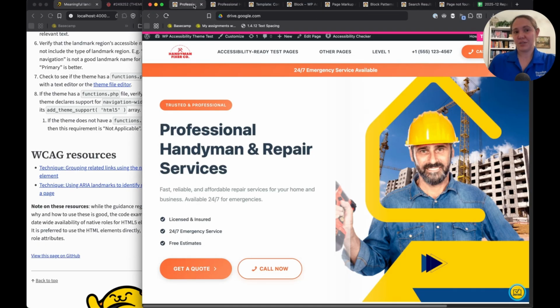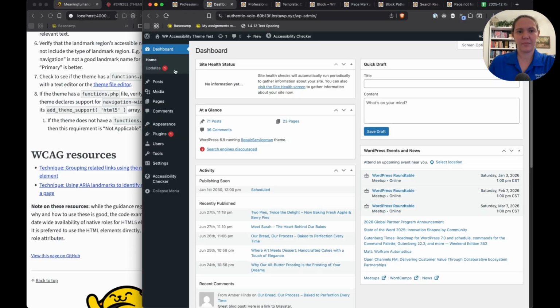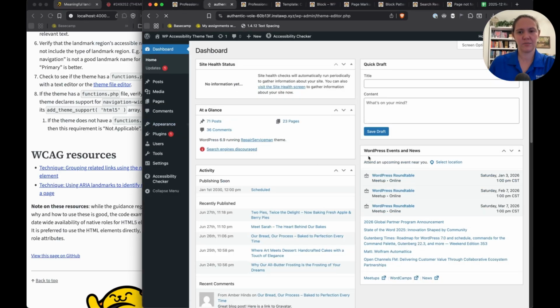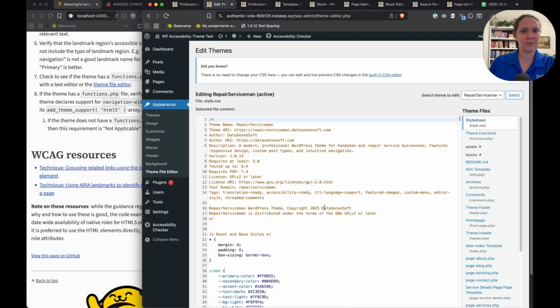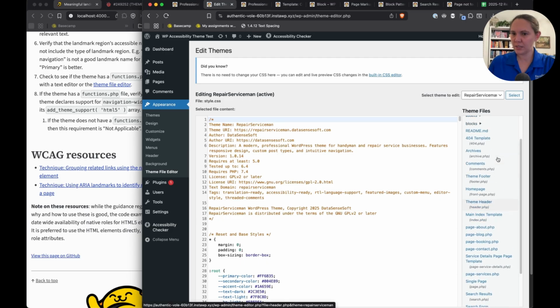There are a lot of different ways to look at the functions.php file, but the easiest way for me is I am going to open a new tab and go in the admin and go to Appearance, Theme File Editor. I get a giant warning that I shouldn't edit this. I understand. I'm not going to edit it. I'm just going to look at it. Then I'm going to choose the functions.php file